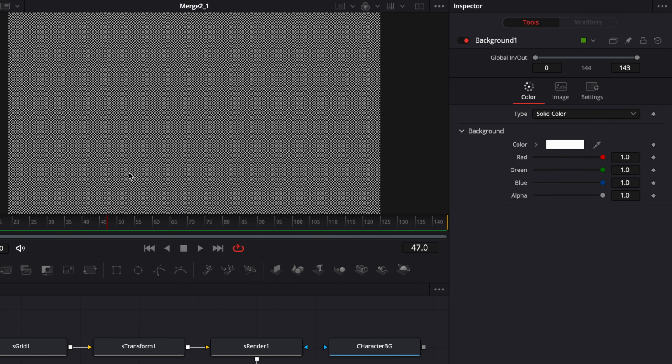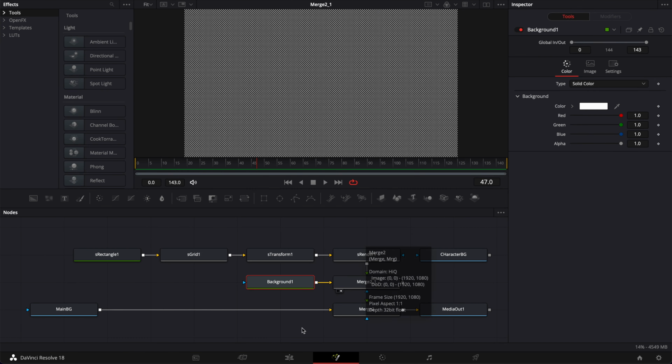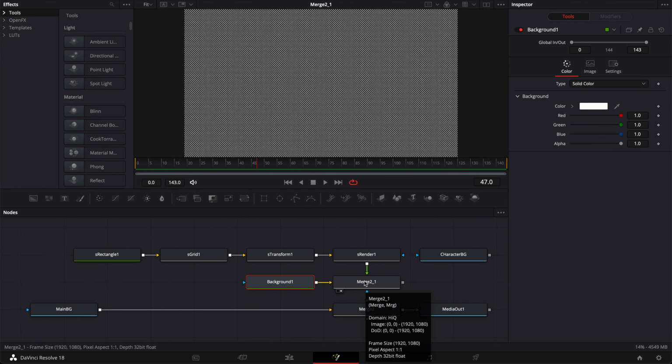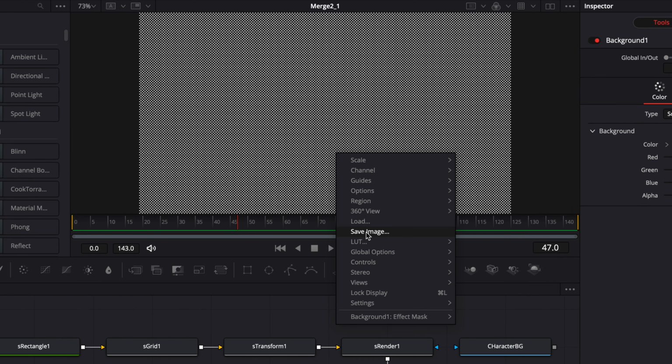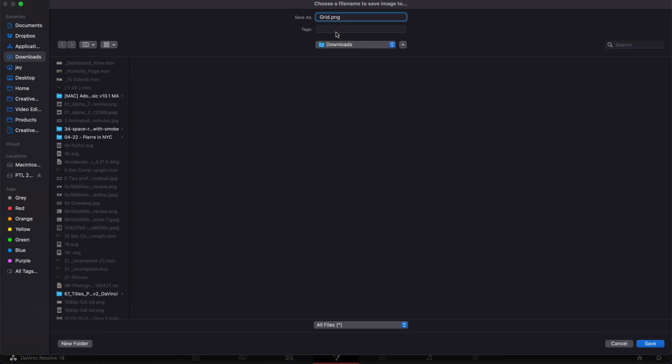That's what's going to help us to give texture to the footage. We could use that directly, but it's going to drastically slow down our project. So what we're going to do instead is export just a PNG of that file, and we're going to use the PNG of the file rather than all the nodes. So here I'm going to go to the viewer, right click on it, and then we can just scroll to save image, click on it. Here we're just going to name it grid, and we're going to change the file from all file to PNG file. Then let's just save that.